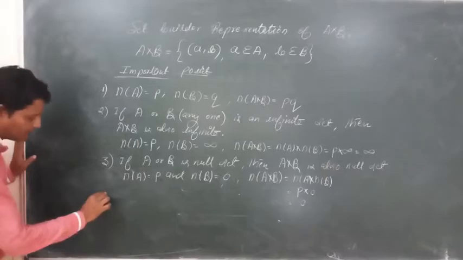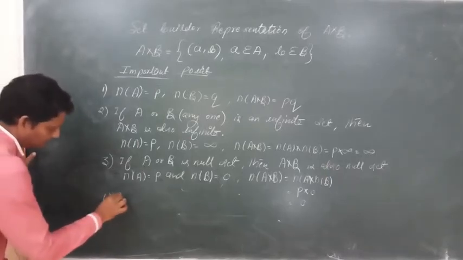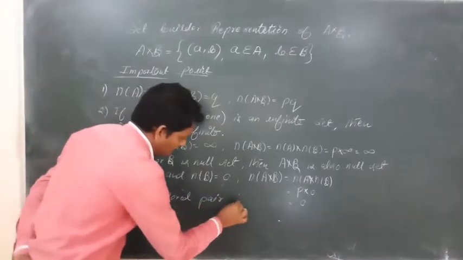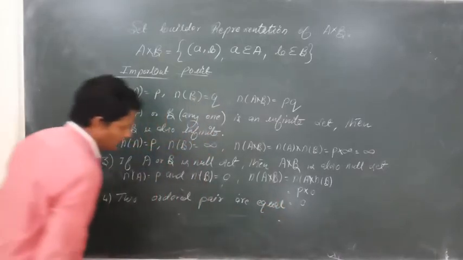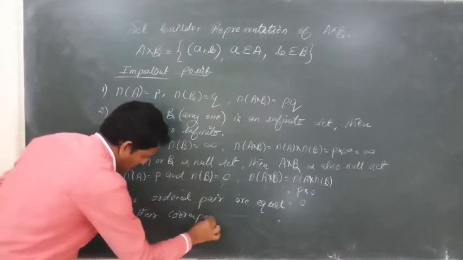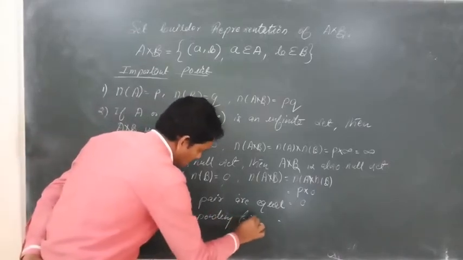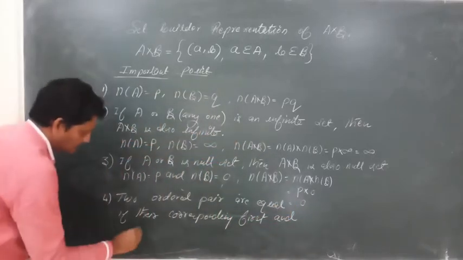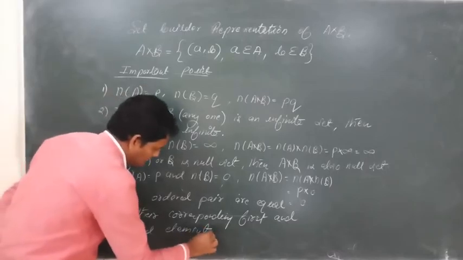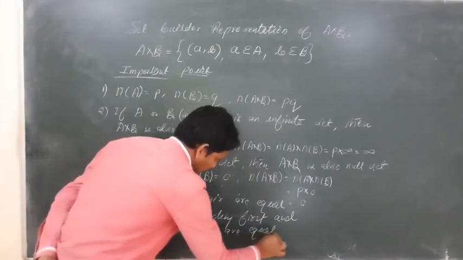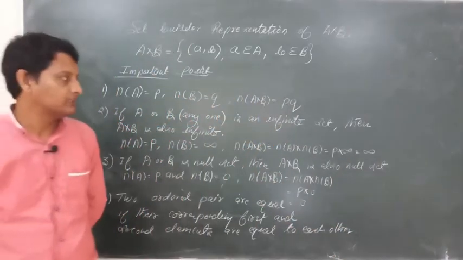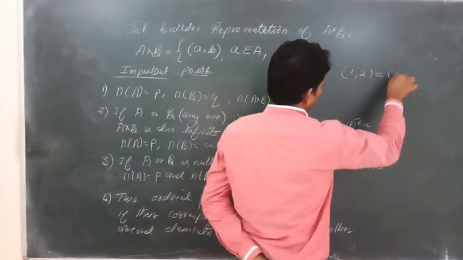This is the third, children. Fourth property, children, look carefully, it is very very important. Two ordered pairs are equal if their corresponding first and second elements are equal to each other. Okay children, for example, suppose your ordered pair is (1, 2), so (1, 2) must be equal to (1, 2)